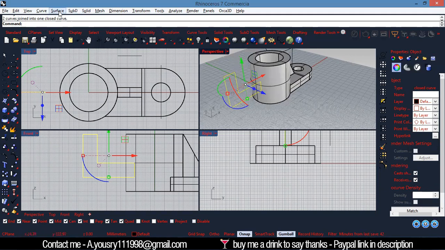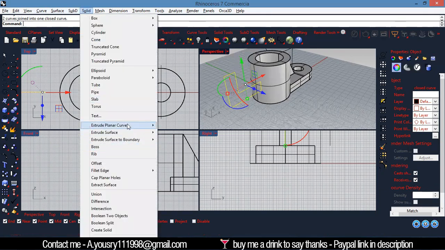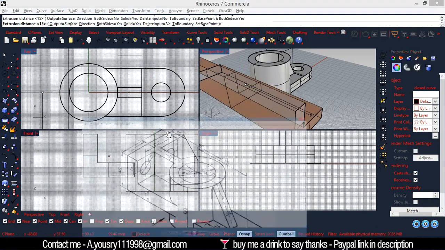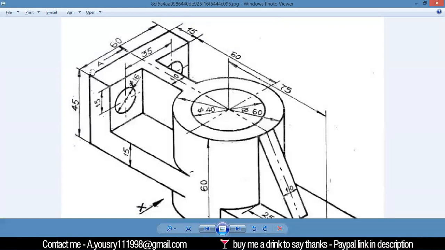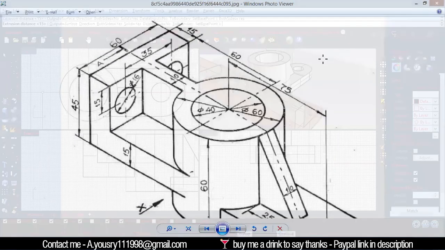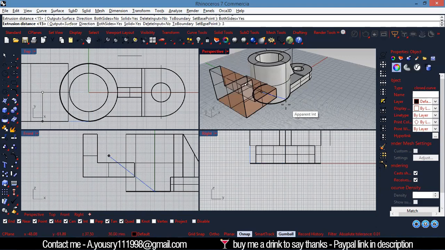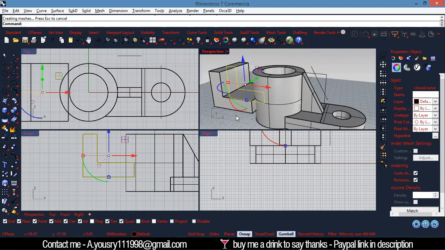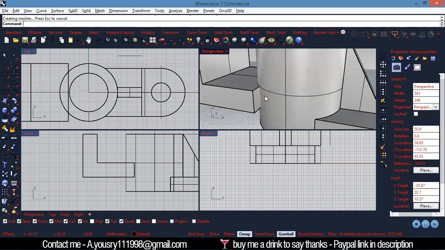And let's come here and go to solid, extrude both sides. Here I want 30 and the other I want 30, so I'll tap 30 and hit enter. So here it still doesn't